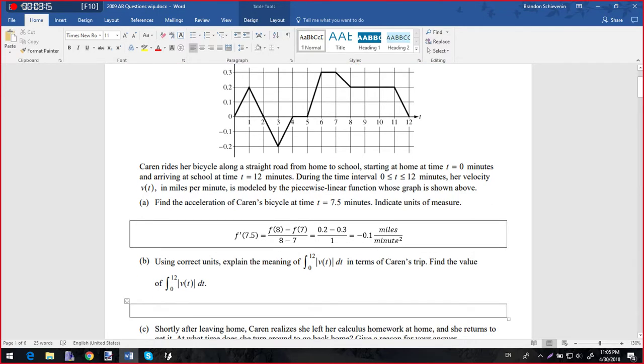Okay, for part B, using correct units, explain the meaning of the integral from 0 to 12 of the absolute value of v(t) in terms of Karen's trip, and then find the value. So if we just integrated from 0 to 12 without absolute value, that would give me displacement. But if I'm just looking for the magnitude of displacement, that will tell me the total distance traveled. So I could say